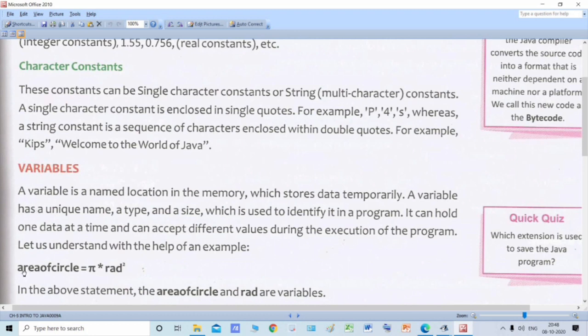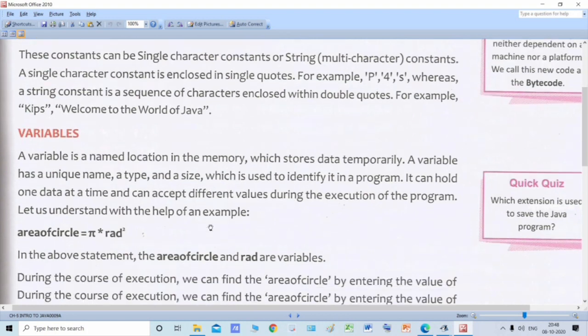So variables are also identifiers. Actually, variables are not identifiers; the name of the variable is an identifier. Now it can hold one data at a time. A variable can hold how much data at a time? One data at a time, and can accept different values during the execution of the program. That means its value can change throughout the execution of the program.